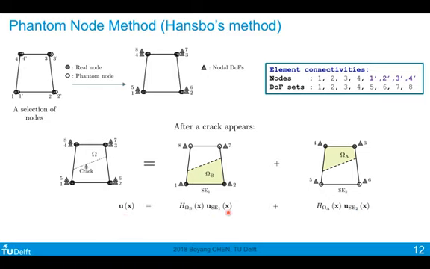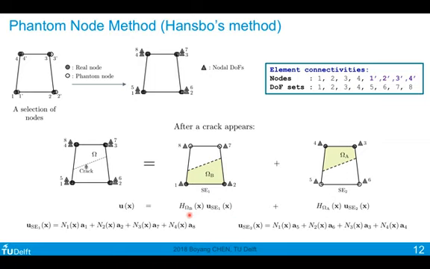In other words, mathematically, the displacement field is represented by this expression. You have a sum of 2 parts, and this part means that you only have the material active on omega b, and H omega b equals 1 in omega b, and equals 0 when x falls outside of omega b. Similarly here, H omega a is a step function which is equal to 1 when x is within omega a, and 0 when x falls outside omega a. So these Heaviside step functions serve to localize your solution u_s^E1 and u_s^E2 onto the respective active material domains within these sub-elements.